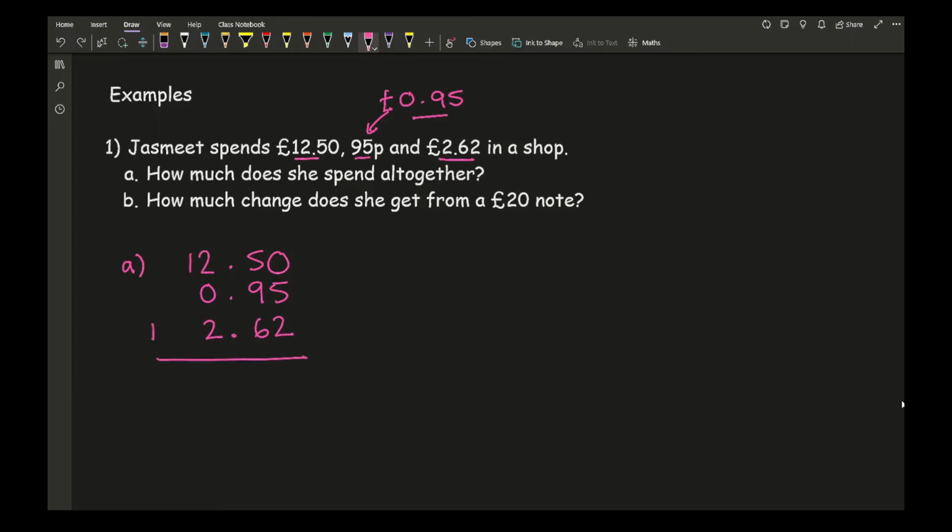So again, I'm going to add them up. Now there's no zeros for me to add, and all my decimal points are in a nice neat column. So for this, let's use green. So I've got 0 plus 5 plus 2, which is 7. 5 plus 9, which is 14, plus 6, which is 20. 2 plus 2 plus 2 is 6, and I've got the 1. So she spends a total of